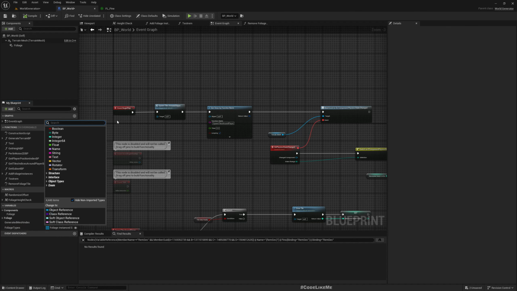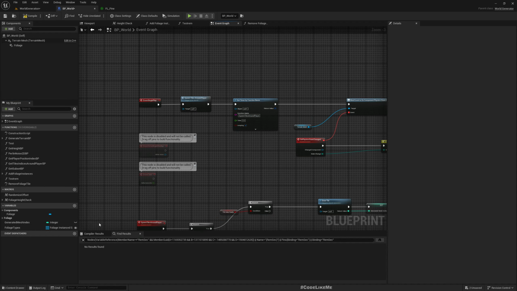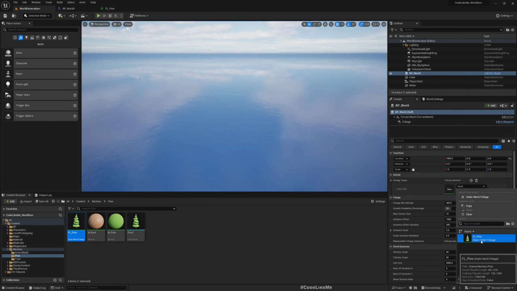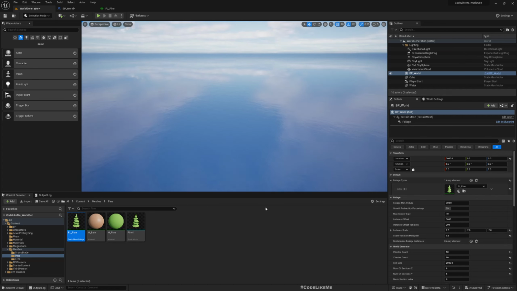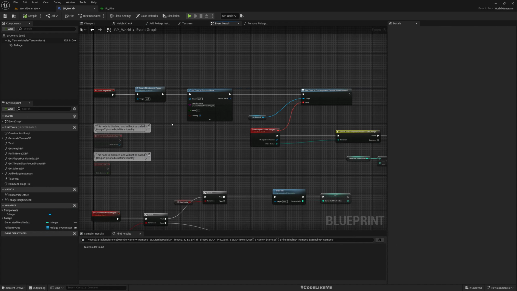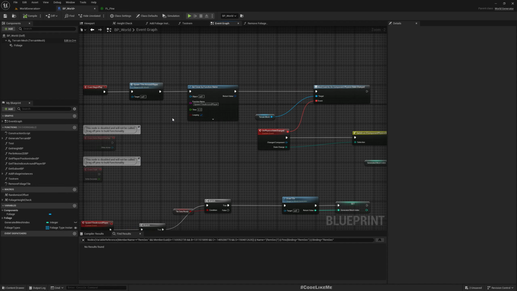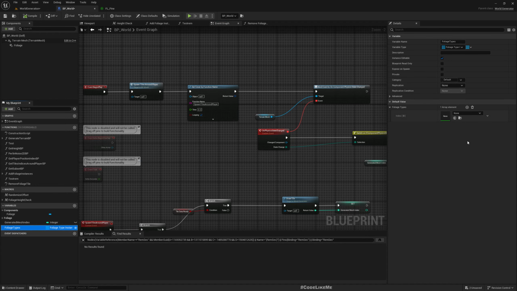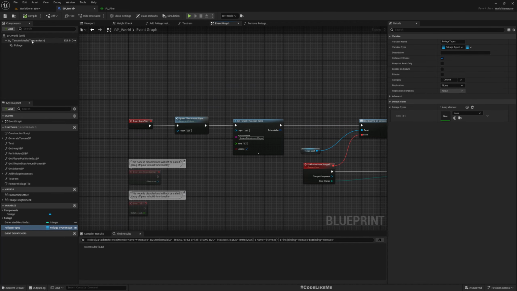The type is foliage type. Oh, maybe this one. Yeah, now I can add it. Okay, so let me, here in the begin play. Now for each foliage type we need to add